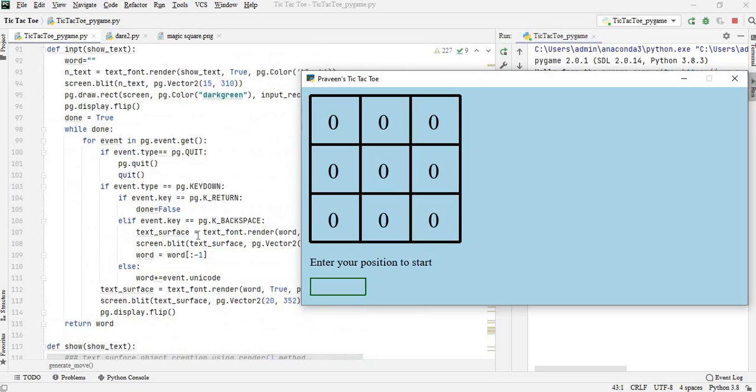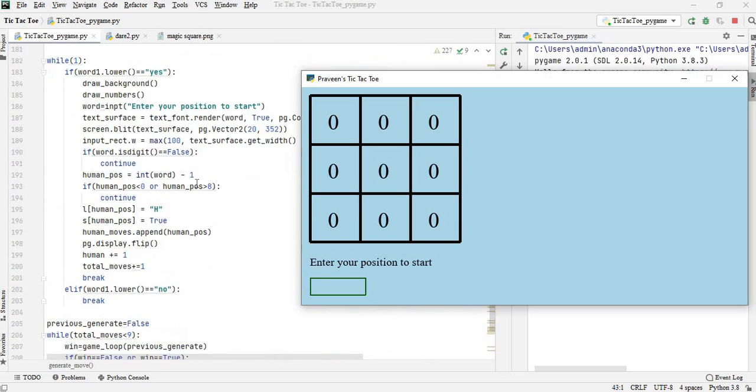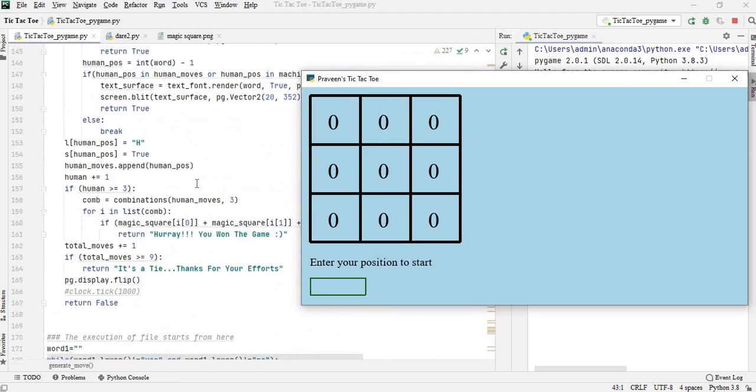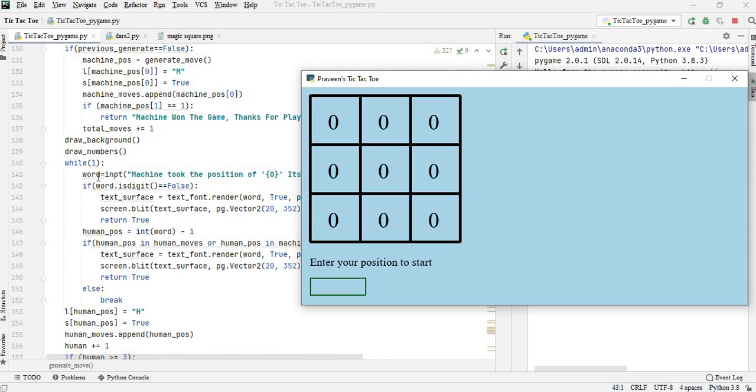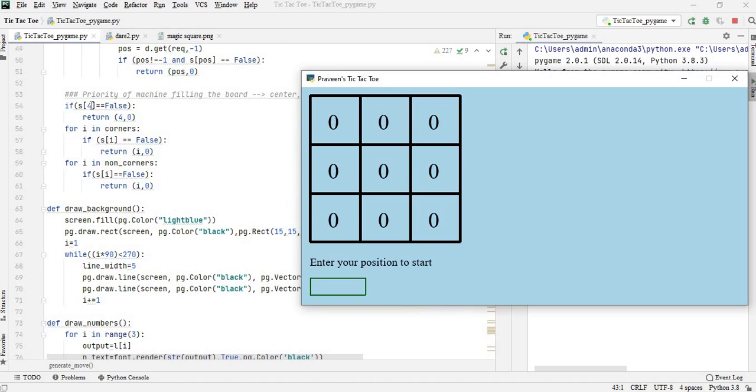So whenever I am reading the user input in the game loop function, which we will discuss in a later video, after getting the input from the human being, we are deducting 1 from the word so that we will get the position on the original board. That's why we can find 4 here instead of 5.